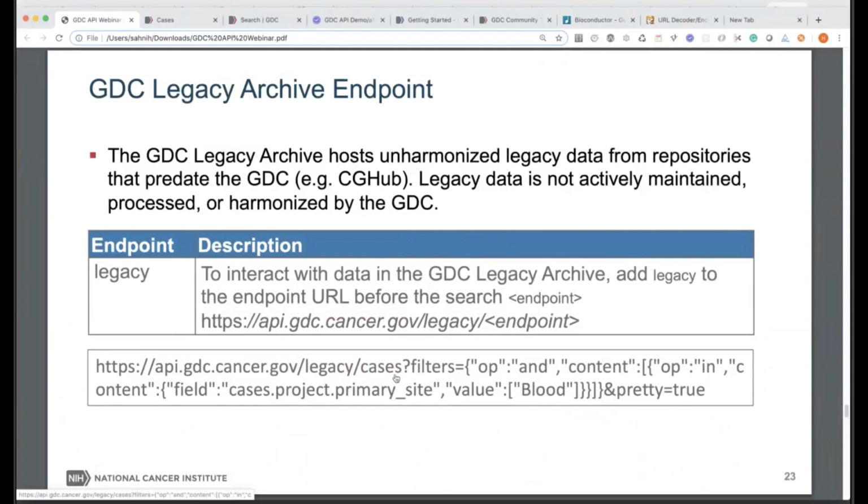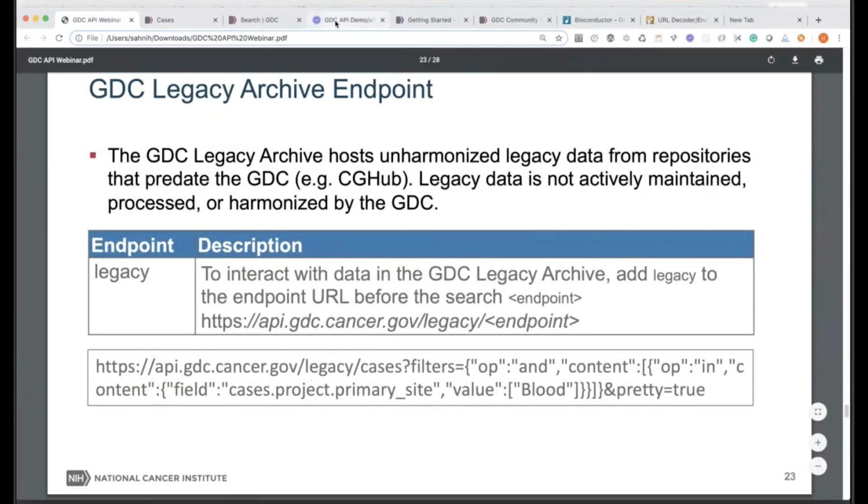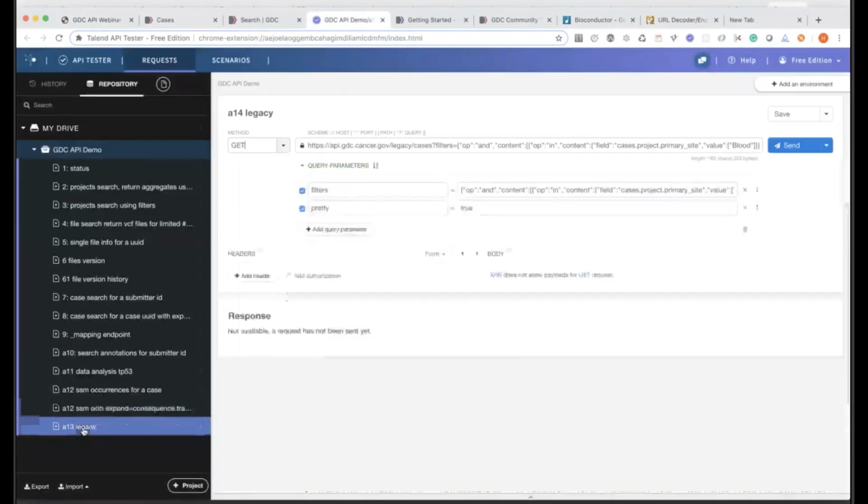So in this case, I'm doing it by cases. I want to bring back a particular case. All the primary site is blood. All the blood cases I want to bring back in GDC. So I want to do that using the API. So it works exactly the same as what we went through with the API cases and files before, the search API, except I have legacy added to it. So the one I just showed you, I want to just run it,